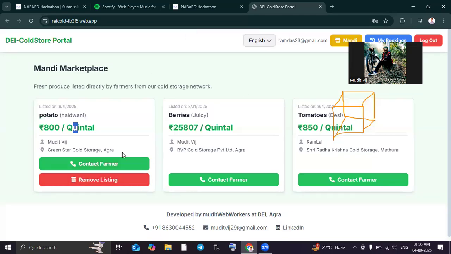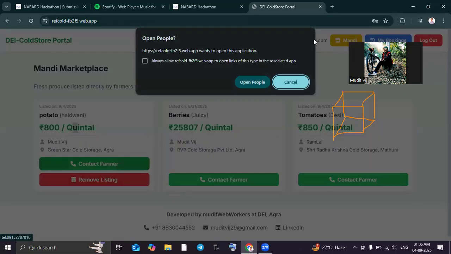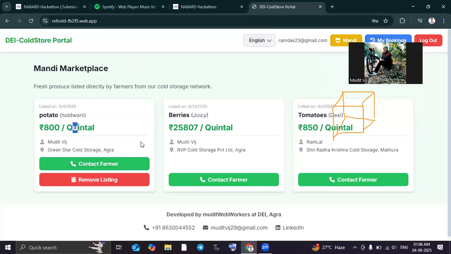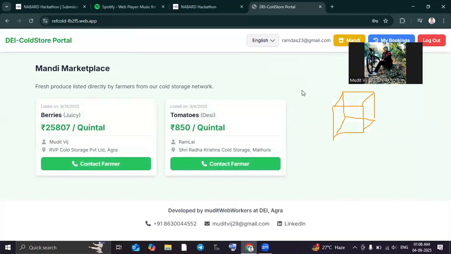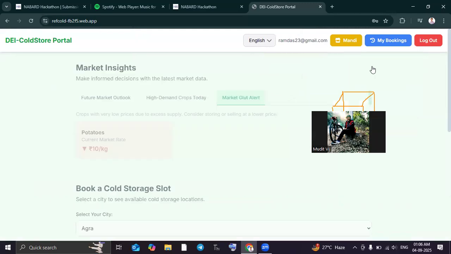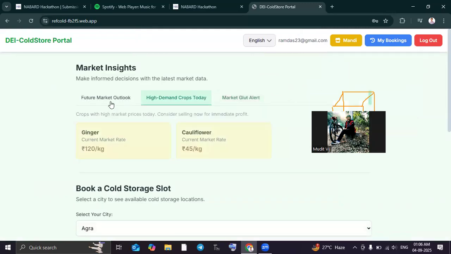Now, how can one contact me? By clicking on contact farmer. So as you can see here, if I was on my mobile phone, it would directly call, but it does not go right now, but here if I remove this, then it will go. So that is the feature that we have developed in this portal, and in the hardware